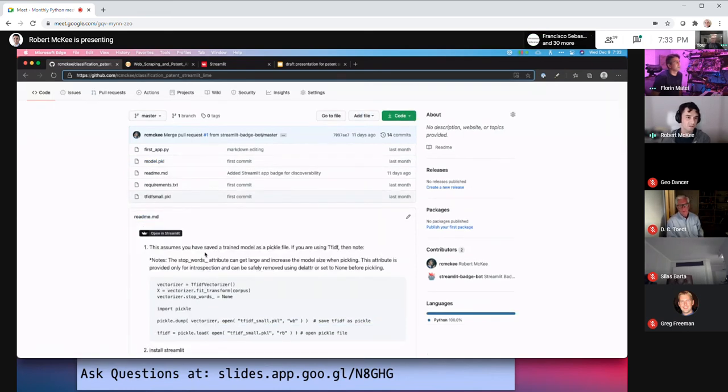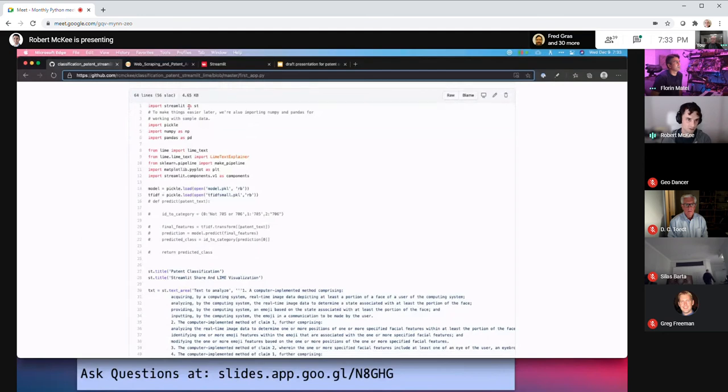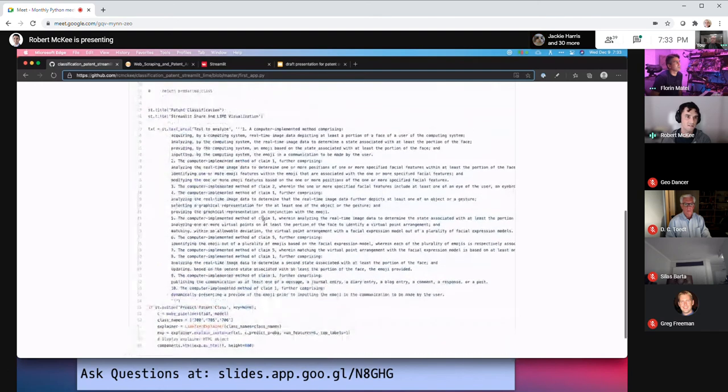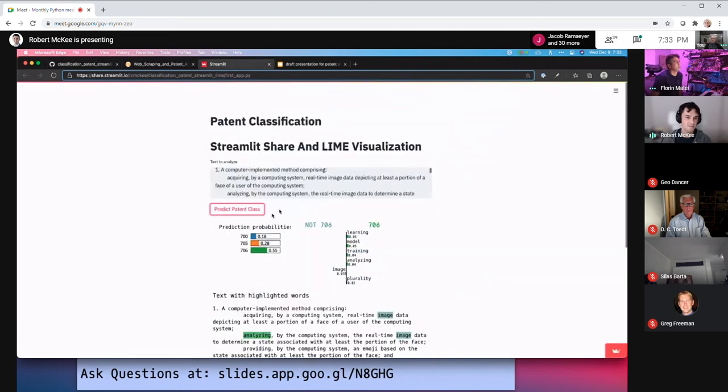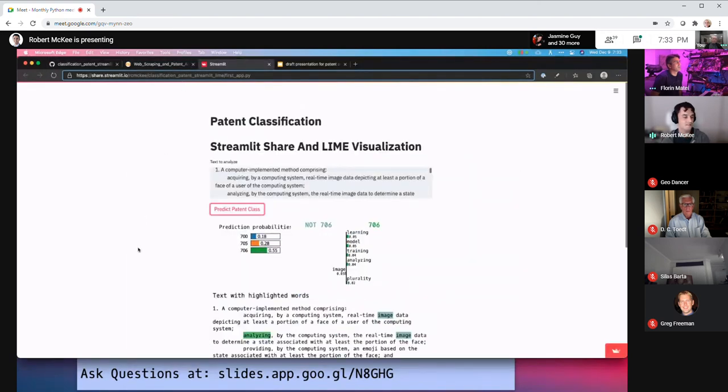And there's code here for explaining how to do that. But this is the code for the app, which isn't that long. So I'm importing Streamlit, NumPy, Pickle, Pandas, Lime. I'm loading the trained files, or the trained models. And then this is all of the visual portion of the app. And so, yeah, I tell Streamlit that this is the GitHub repository for the app and the model. And then it's got some API that you can follow for how you want people to use that.